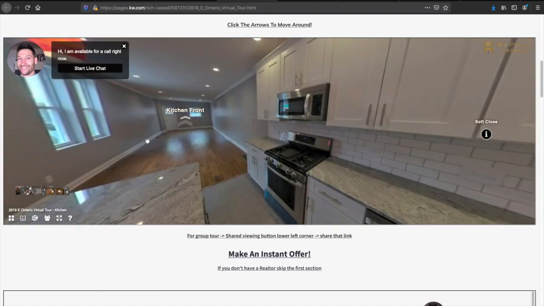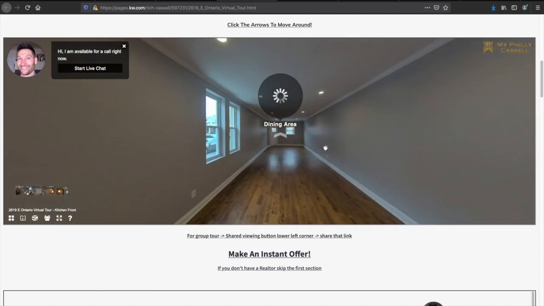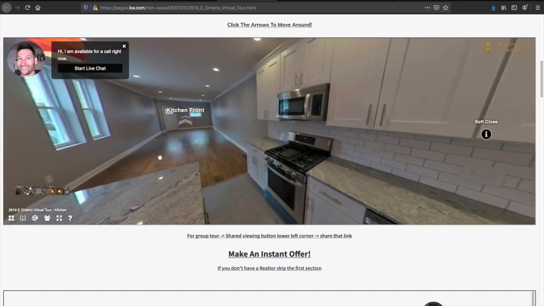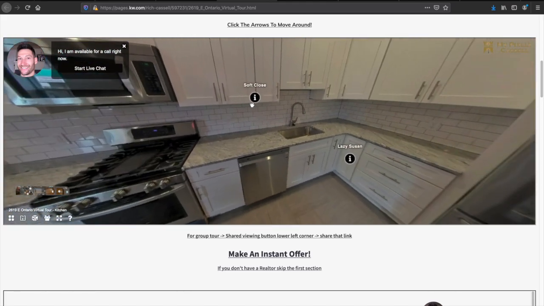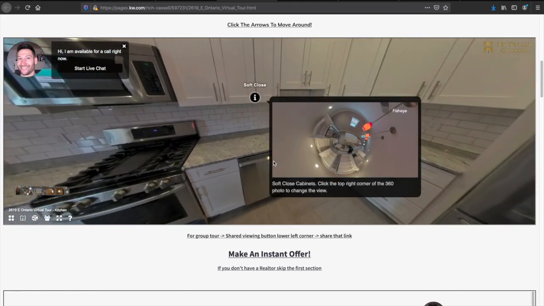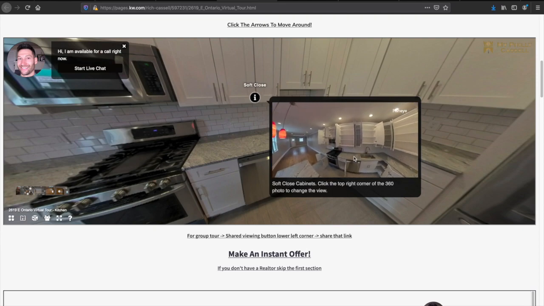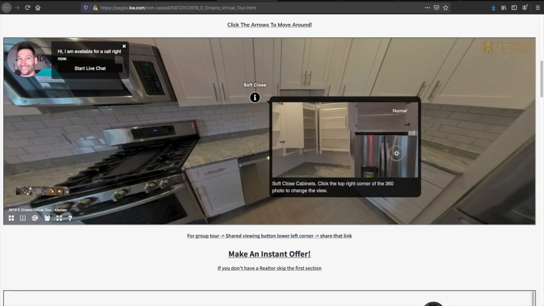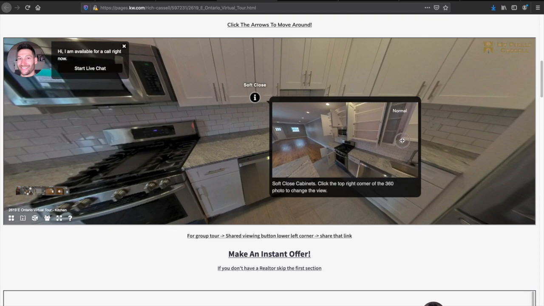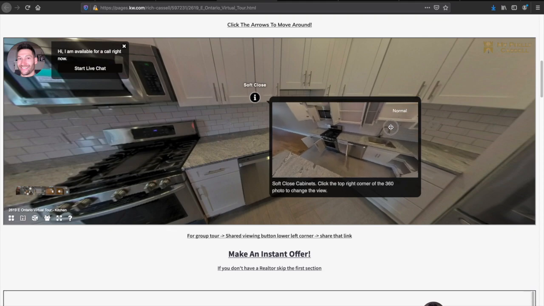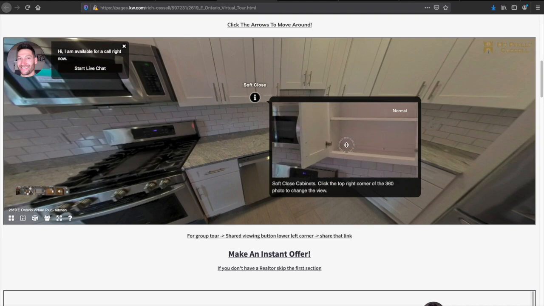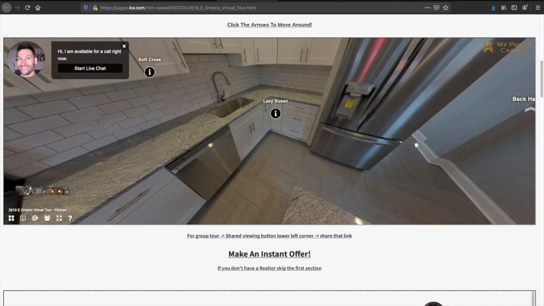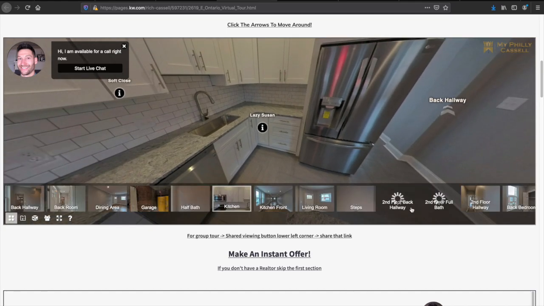What I was saying is that with Matterport, when you click, you just go straight, wherever direction you're going. But here, I can set up where I want the scene to be seen when you click it. And then I take my 360 photo that I can embed, and now I can show people what the cabinets look like as if they were open. And that's not something you can get from a 2D photo. I can zoom in and I can see, oh, I can fit my pots and pans there, and it follows you. It's great stuff. And if I want to jump to the roof,